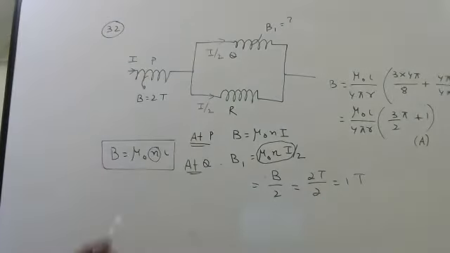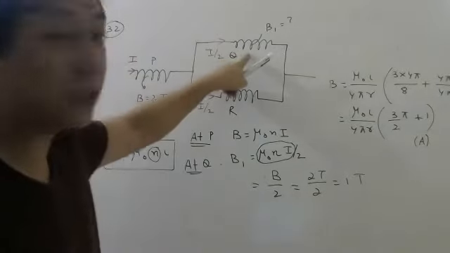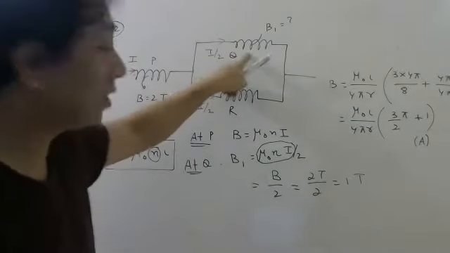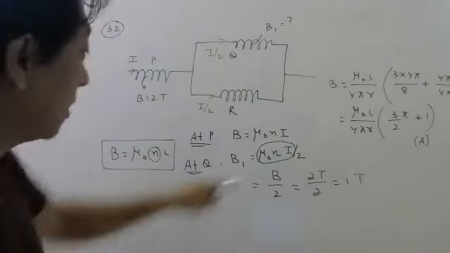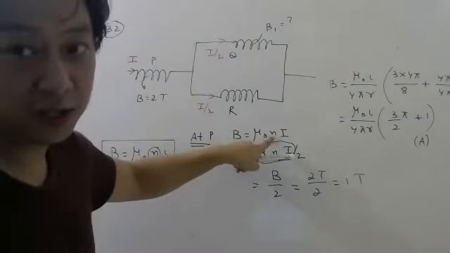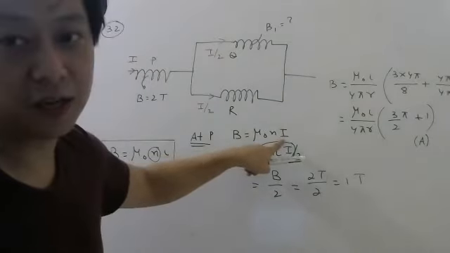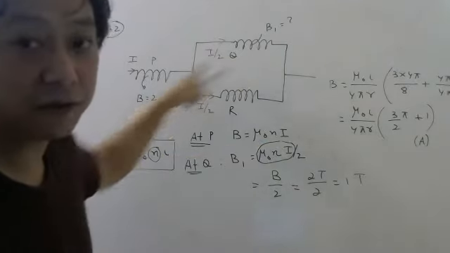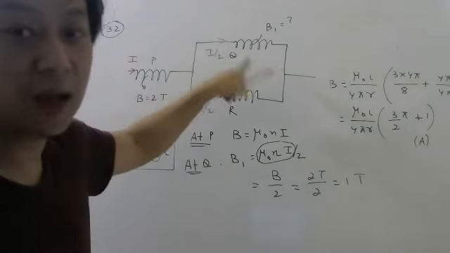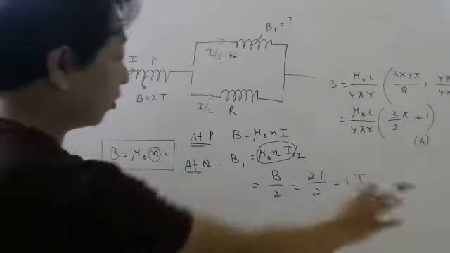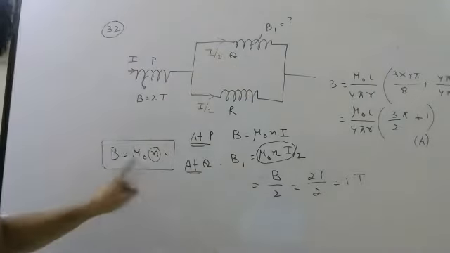Okay, students. So basically the idea is, if current here is half of this, magnetic field here also will be half, because number of turns per unit length is constant. So magnetic field is proportional to current. So if current here is half of this, magnetic field here also will be half of this. No need to do all these things if you know the formula.